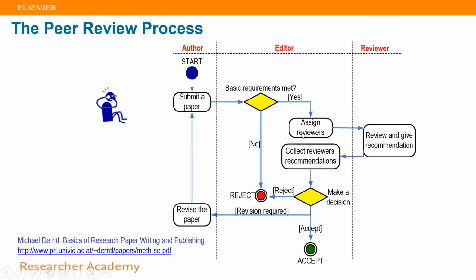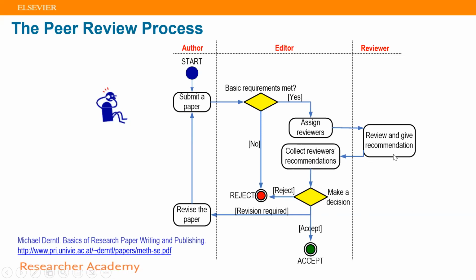So after the reviewer comes back with their recommendation, the first option, as I mentioned, is minor revision. And the second option is major revision or major correction. For the major correction, you need to do some extra work on your paper. You need to do maybe some experiments. You need to verify your data. You need to have some validation of your data, for example, or you need to rewrite some paragraphs or add some section just to give more clarification of the information you have in the paper. These kinds of amendments are called major corrections.